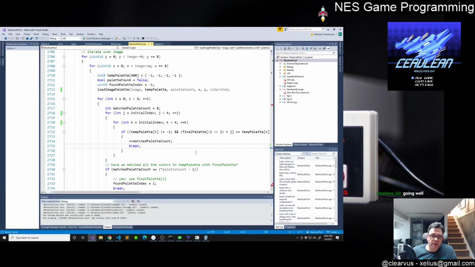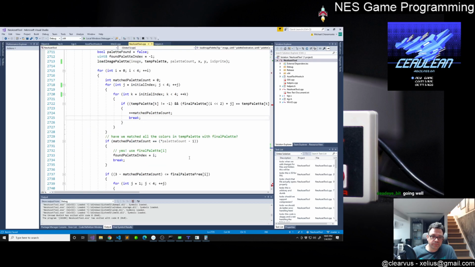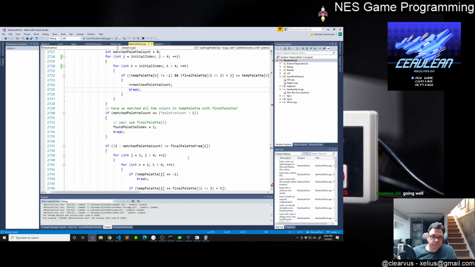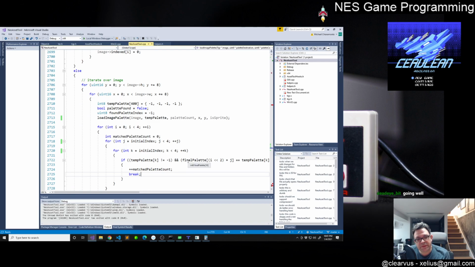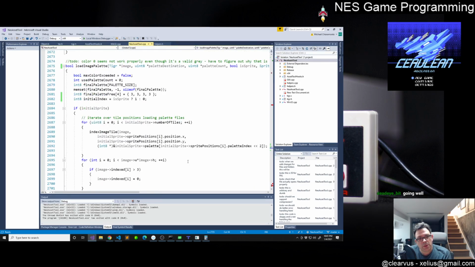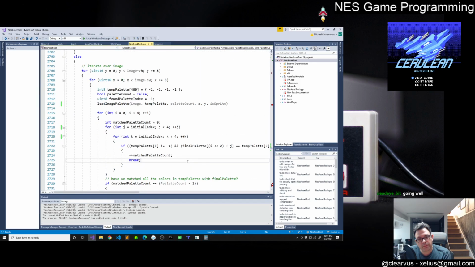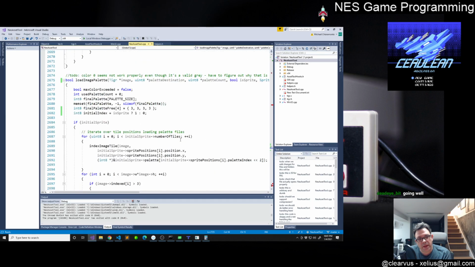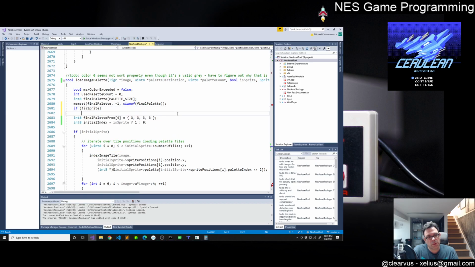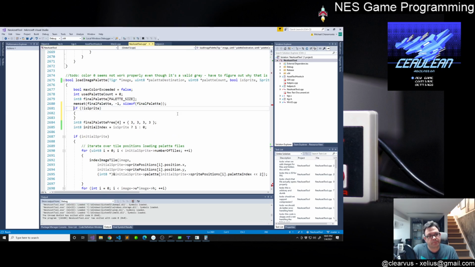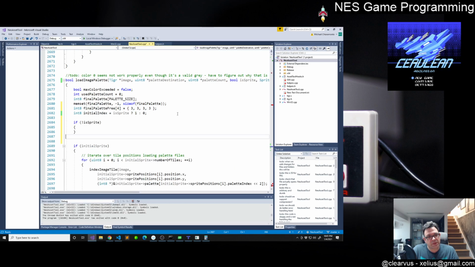For final palette, these are all set to -1, but if it's not a sprite,